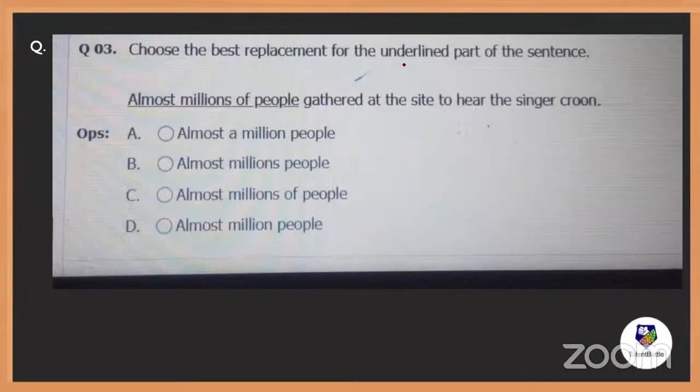Now tell me what is the answer for this question. Any answer for this question, everybody? Given almost millions of people gathered at the site to hear the singer's croon.